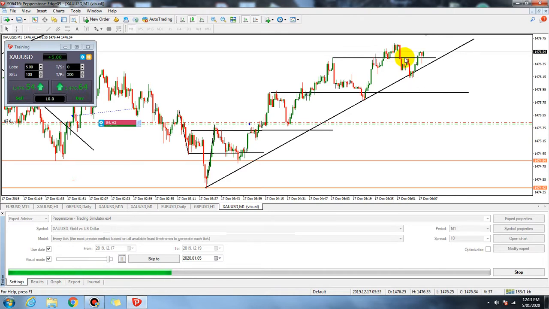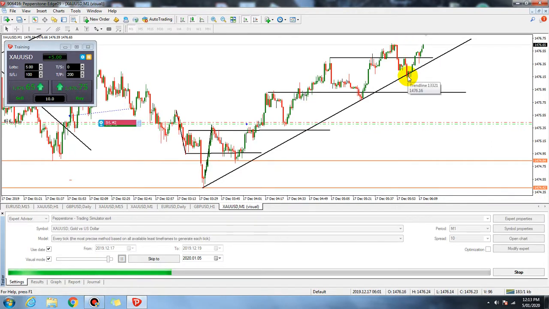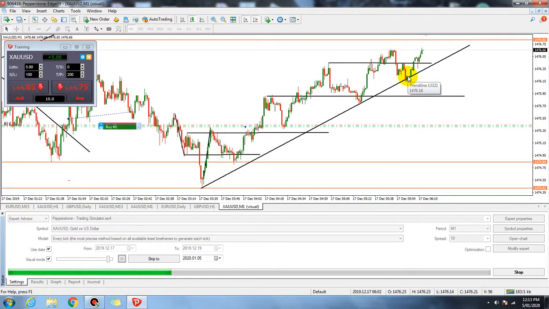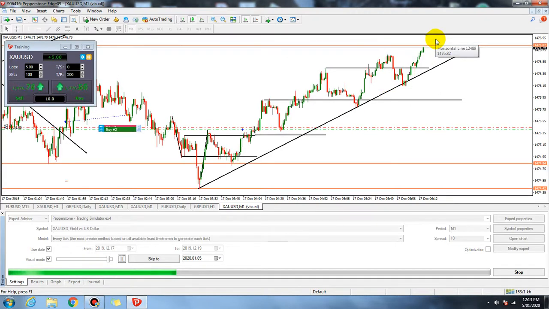I think this can catch a lot of people going short. I think lower low, lower high, lower low, we're in a downtrend. But it's just an ABC correction to the short side, and we're still looking to retest this high. So we're hitting that now, breaking through it,